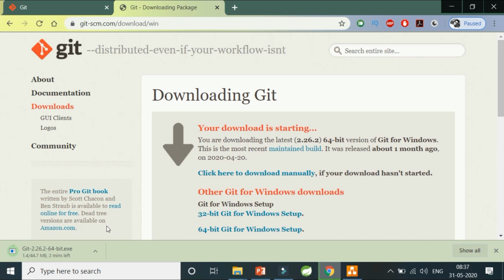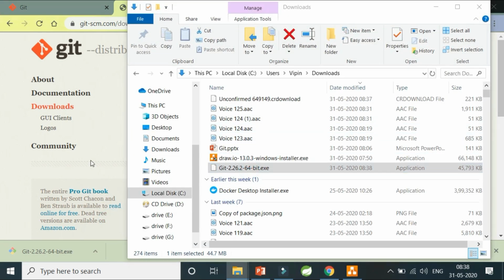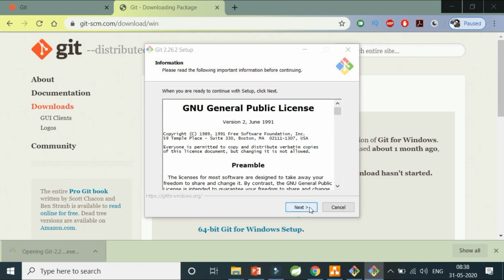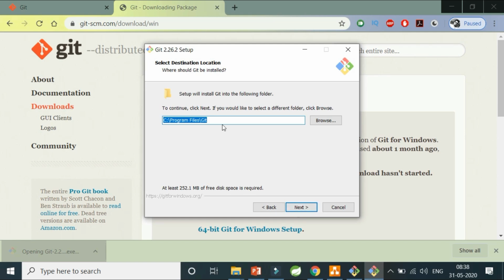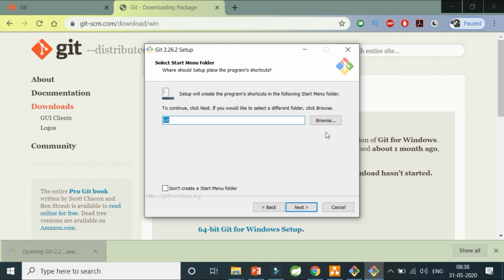The exe is going to be installed soon. Okay, so we can see that Git is now downloaded. Now I'm going to open this and click it for installation. It is asking me whether I need to allow it, and I'm going to say yes. So I'm going to click next, and this is the place where it's going to install it. Next again. I want a desktop icon also, and just keep it as next. So I'm going to click next, and it's going to create a start menu for me.